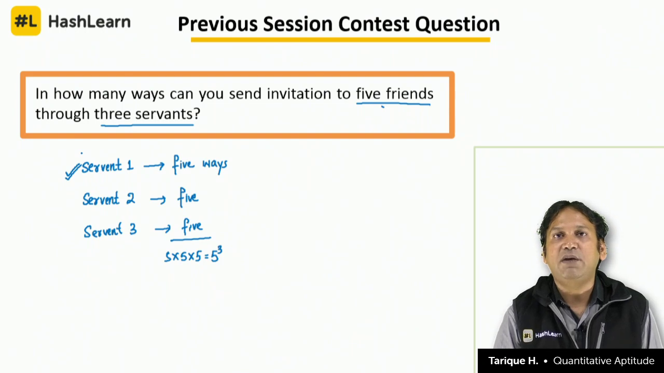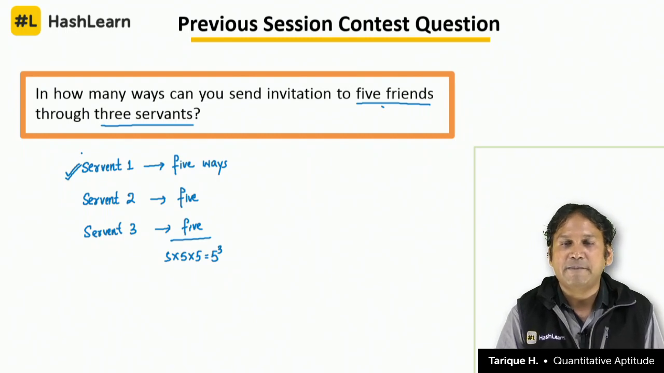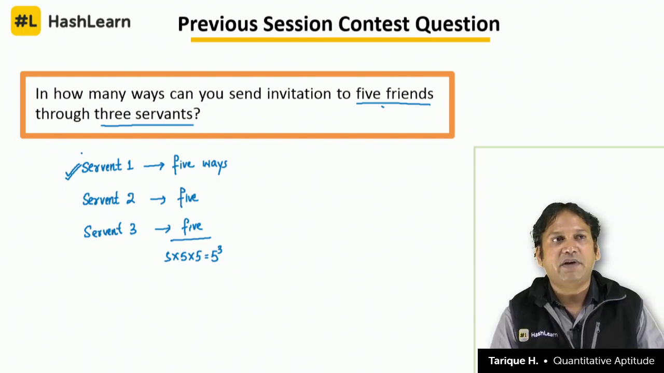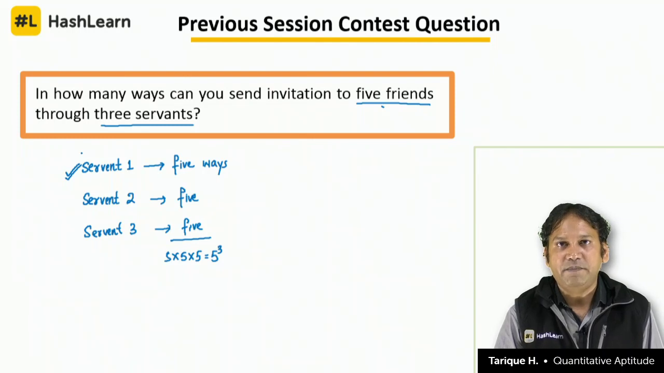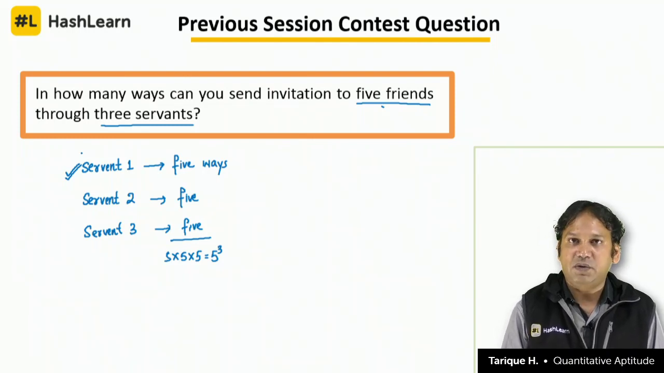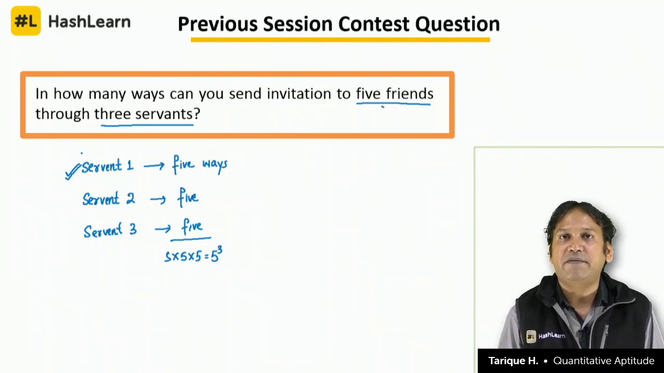Okay, so we decide to invite. I decide to invite 5 of my friends. I ask my first servant to go and give a card to one of the friends, or I ask him to go and give a card to 2 of the friends. Clear? Now when servant 2 decides to go, when I ask servant 2 to go and give cards to some